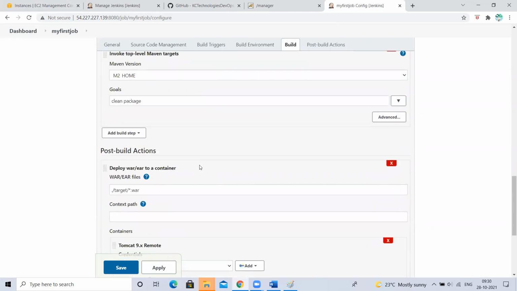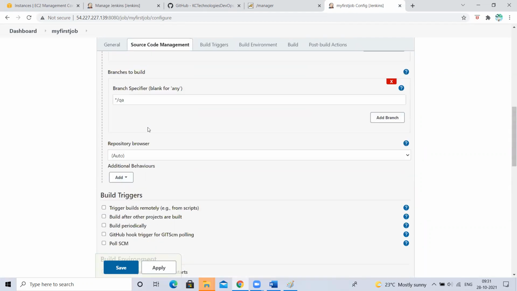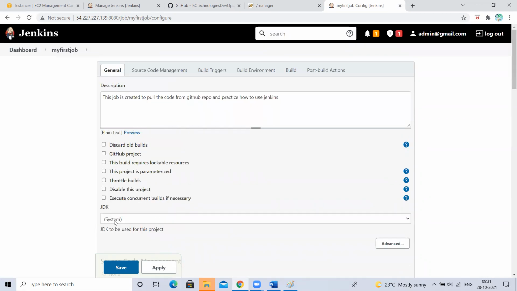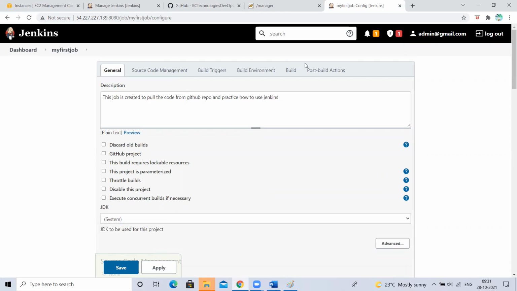I forgot it. Yes, you can choose a different set of Javas here also. Understood? Here it is showing. Okay, Java 8 or 9, whatever you want, you can select it here. Understood, guys? Yes. Okay. What's your question? If it is generic, ask at the end of the class. If it is related to this topic, you can ask now.